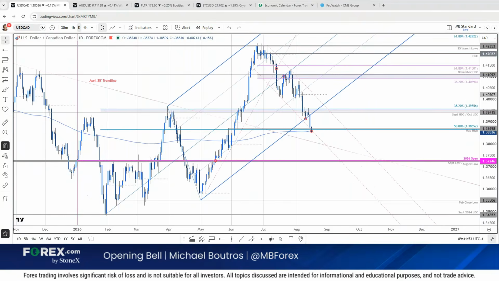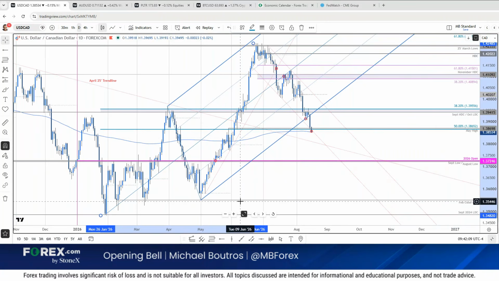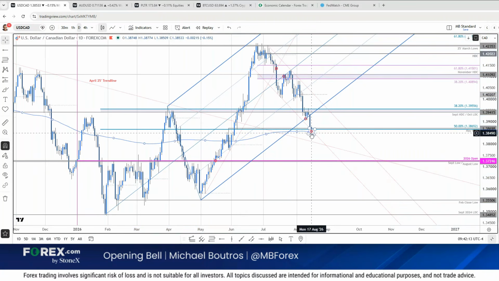Dollar CAD. Breakdown, testing the 200-day moving average, testing downtrend support, basic slope resistance, a parallel extending off that low. There's the lower parallel. Here's the 50 of the yearly rally. Don't really care about the 50 too much, but you have the May high there as well. And the 200-day moving average. That's why that circle, actually we had it right here. But extend that now, the 200-day moving average is right here as well.